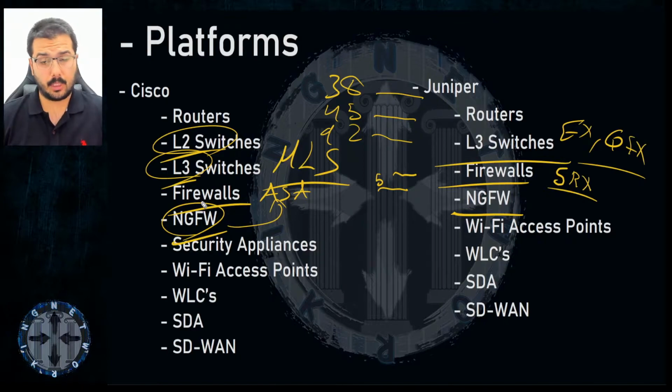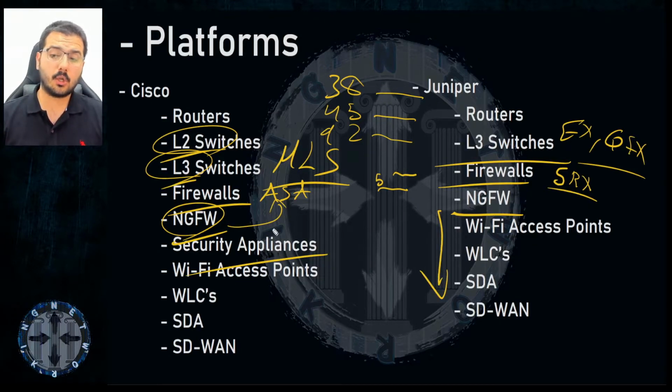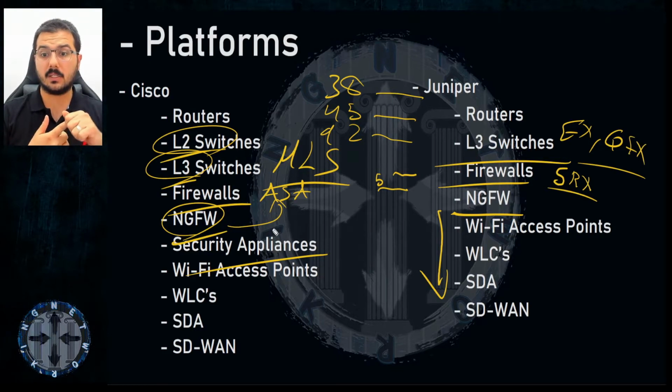But what I want to talk about exactly right now is the security appliances. What is that? Why is there a security appliance here but not there? Cisco went deep dive at that, went too much. They provided ESA, email security appliance. They provided WSA, web security appliance. They provided a ton of devices, an IPS device, a next generation IPS, a next generation firewall that includes a normal firewall with a normal IPS, or a next generation IPS that includes, let's say, a next generation firewall with an IPS,